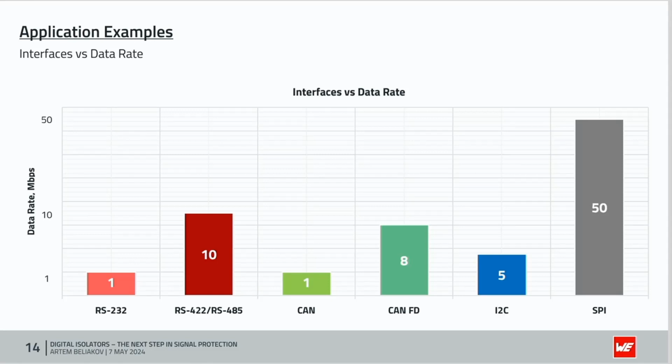And the main application here is PLC machines, printers, and modems. Second type of interface is RS-422 and RS-485 with data rate up to 10 megabit per second. Again, main application here is industrial automation, motor control, and